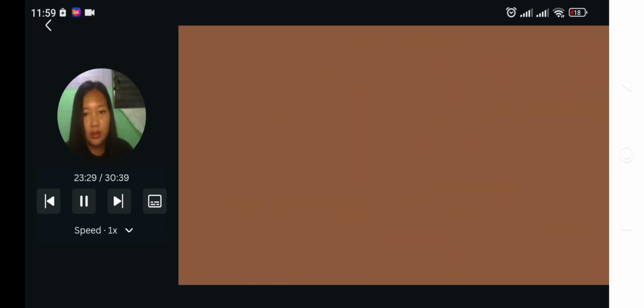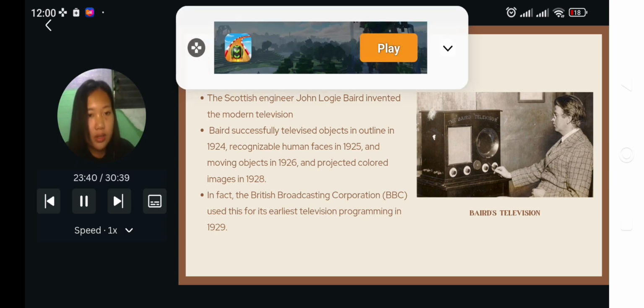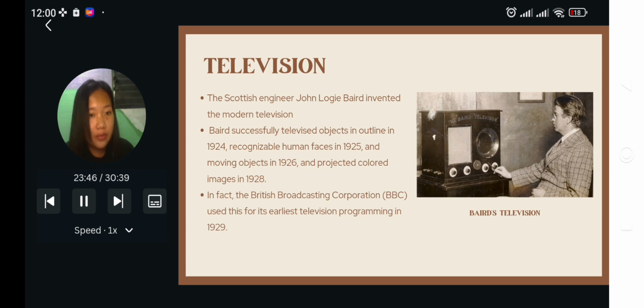Okay. So next one is television. The Scottish engineer John Logie Baird invented the modern television. Baird successfully televised objects in outline in 1924, recognizable human faces in 1925, and moving objects in 1926, and projected colored images in 1928. So in fact, the British Broadcasting Corporation, BBC, used this for its earliest television programming in